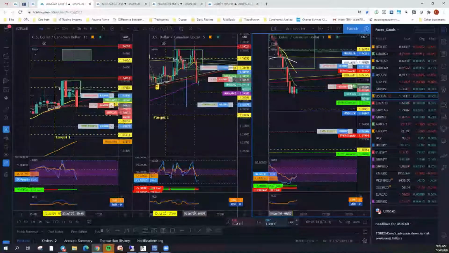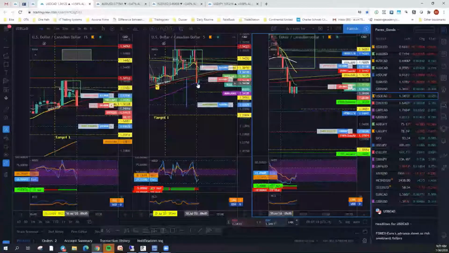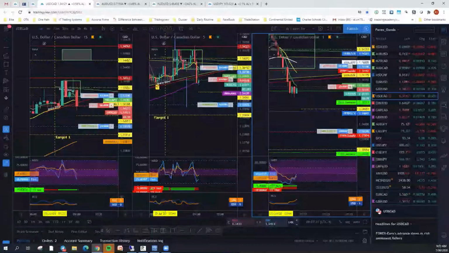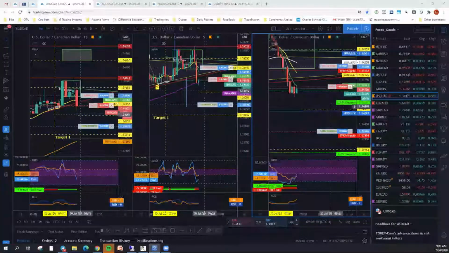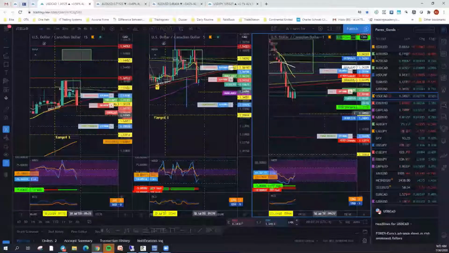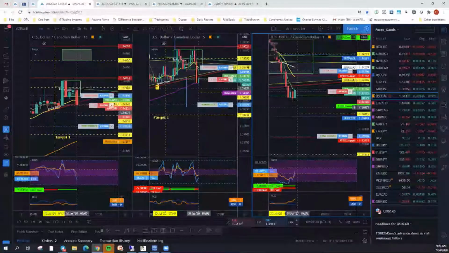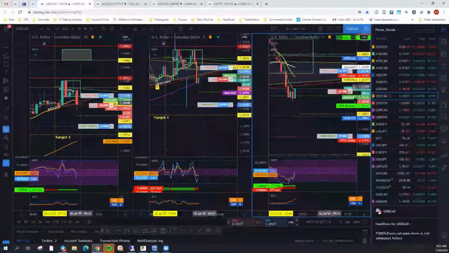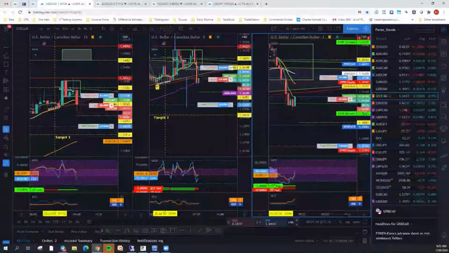And one thing we have to be careful of right here, we have a moving average, our 62. We see it came right to it and bounced. So if there's 7 pips, I'm going to take my profit on that. It's going to come back up and probably retest the wedge. Might give us another option, another ability to get in.